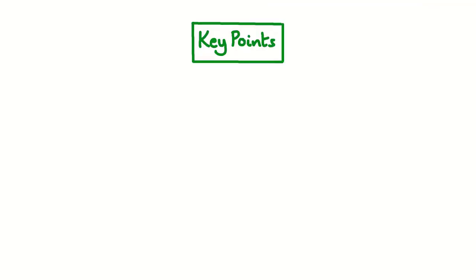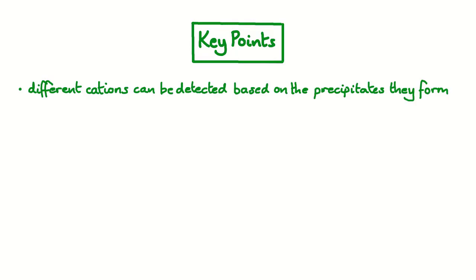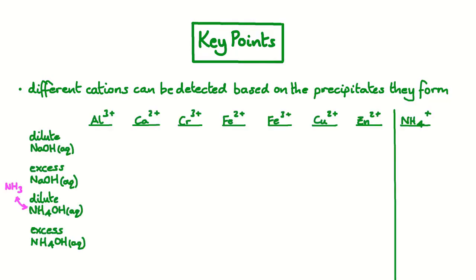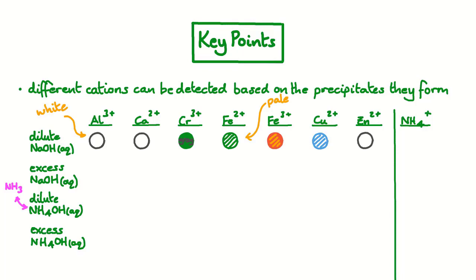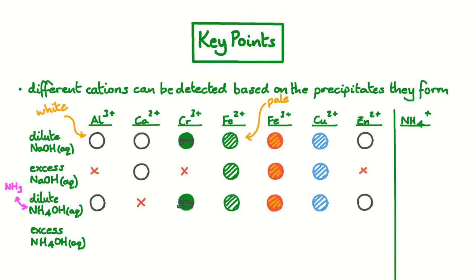Now, let's finish up with the key points. Different cations can be detected based on the precipitates they do or do not form. And these are the ions and tests we've looked at. These are the colours of the precipitates we get when we treat each of these ions with dilute sodium hydroxide solution. If we treat these with excess sodium hydroxide solution, the precipitates for aluminum 3+, chromium 3+, and zinc 2+ will redissolve. If instead of using dilute sodium hydroxide we use dilute ammonium hydroxide instead, otherwise known as aqueous ammonia,